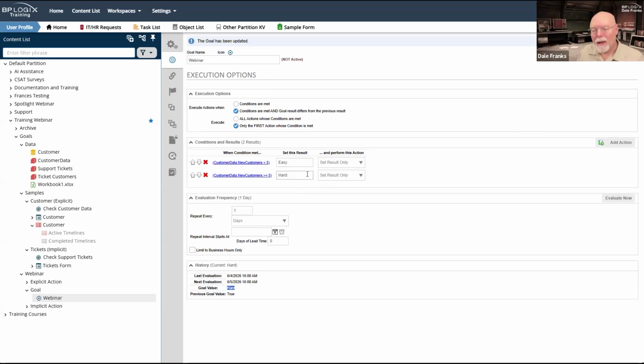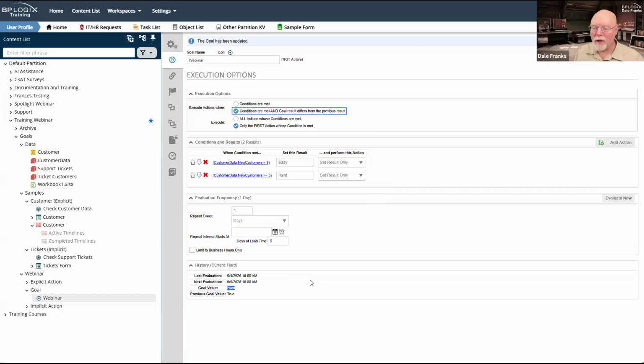Now, this is one of those cases, well, I'm not executing any actions here, so it doesn't really matter. If I was executing an action, this might be one of those cases where you might want to check conditions are met and goal result differs from the previous result.